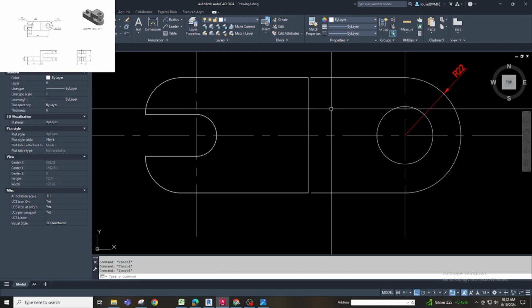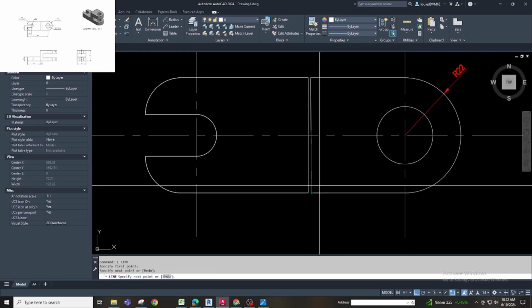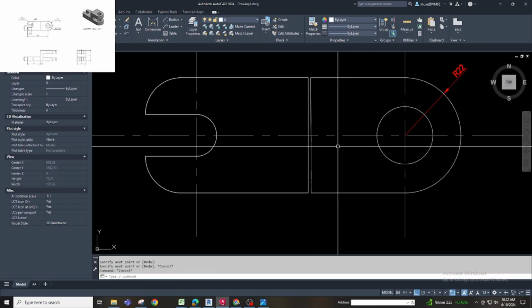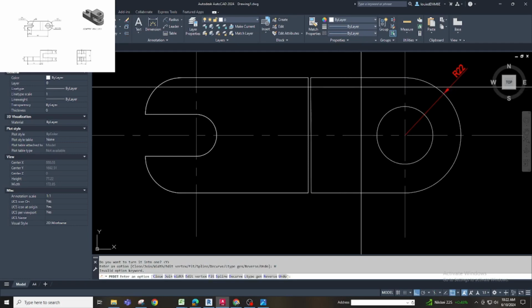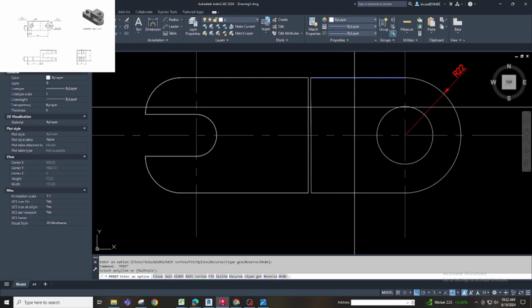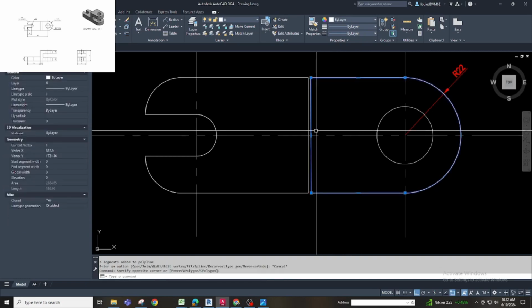So I will make a line, this one, edit it, J, and I will extend this.